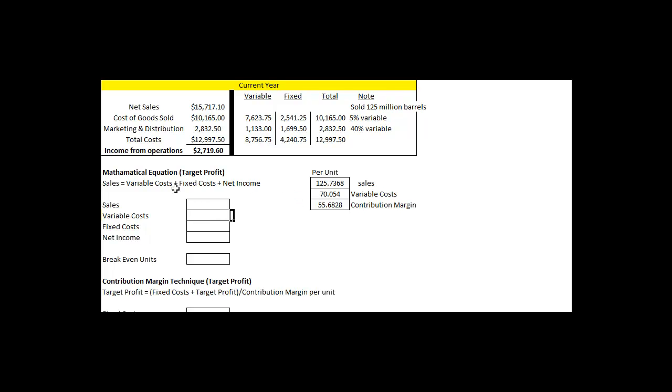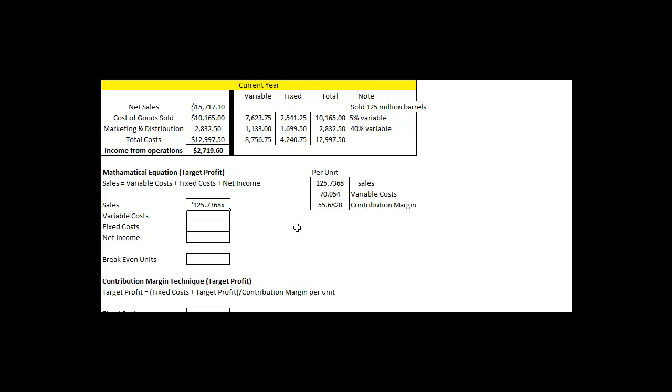We're going to walk through target profit in units two ways: one using the mathematical equation, and two using the contribution margin technique. The mathematical equation, you'll notice, is almost identical. Actually, it is identical to the break-even sales with one minor adjustment. The minor adjustment is that our net income, we no longer want it to be zero. We have a figure in mind that we want to try to achieve. So my sales are going to be